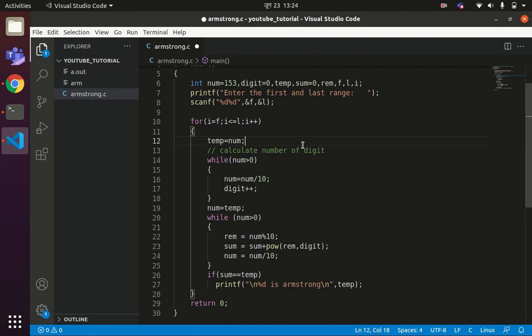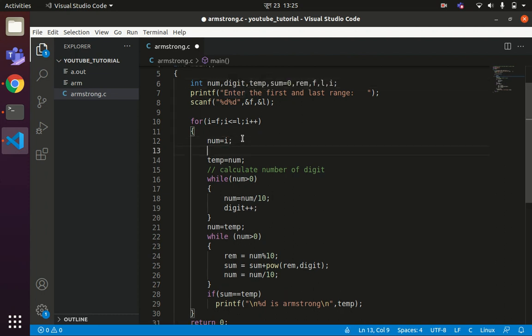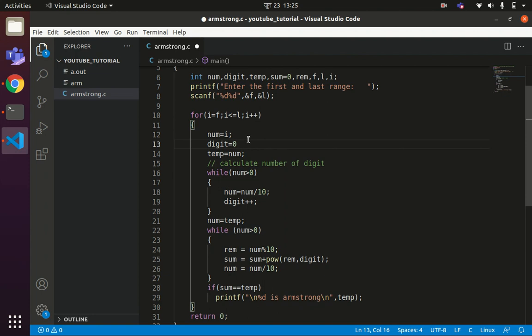Now you can see we are getting the value of num from the variable i. So I'll remove this 153 from here, so num equals to i. Every time I have to initialize the value of digit to 0, because for each and every number I have to calculate the total number of digits.